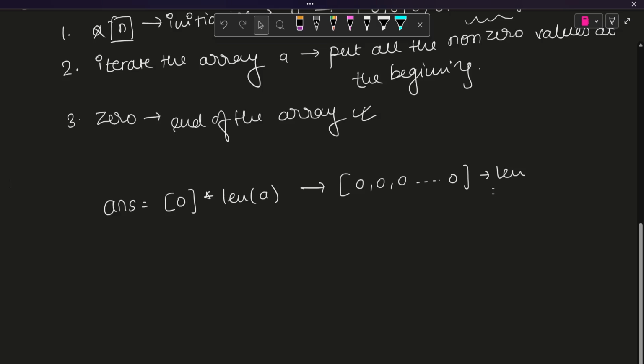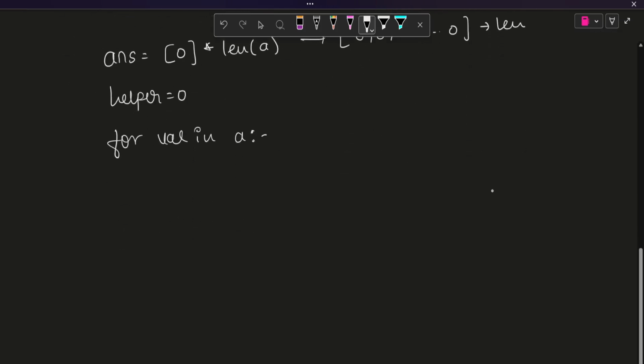Okay, so the next step would be we can have a pointer, basically the helper pointer that will start with 0, and this will help us put the non-zero values at the beginning of the array. So the next step, we can write for val in a. This will bring all the values, and we can just check if val is not equal to 0, then we just need to put at answer of helper